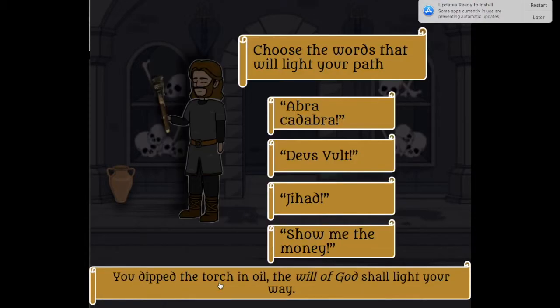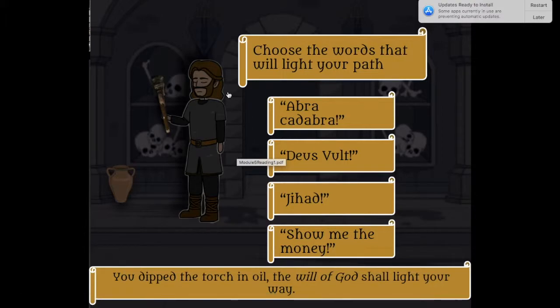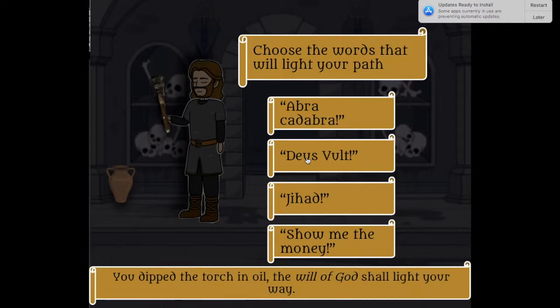So you have an unlit torch, and you have your first content challenge. Students have already read Pope Urban's speech and should be familiar with the Crusaders' battle cry, God wills it, as hinted at the bottom banner. In Latin, this phrase is Deus vult. By saying this phrase, they will move on to the next phase. If they get it wrong, they are advised to consider Pope Urban's speech. So, I'm going to click Deus vult,